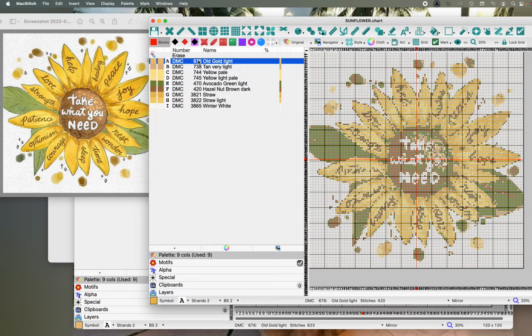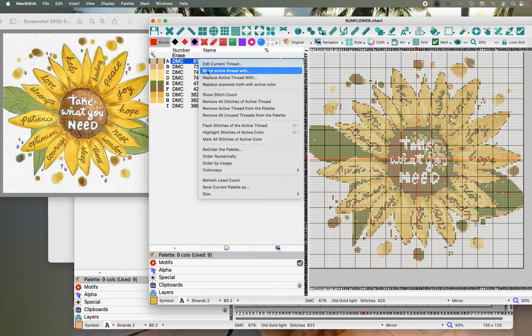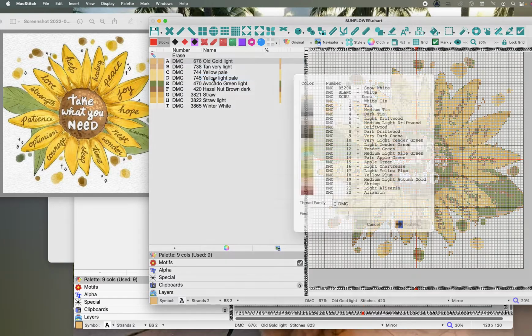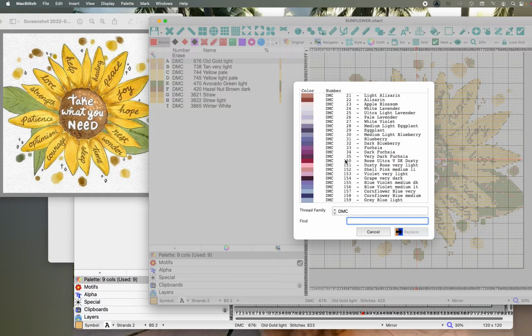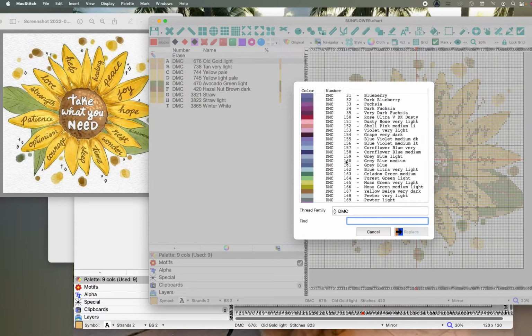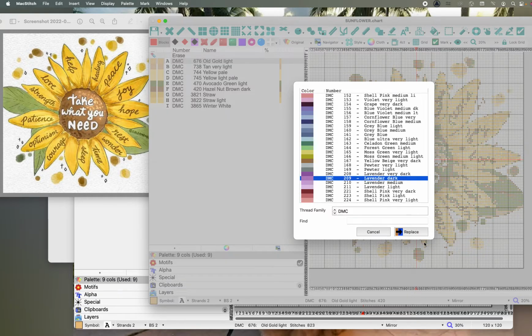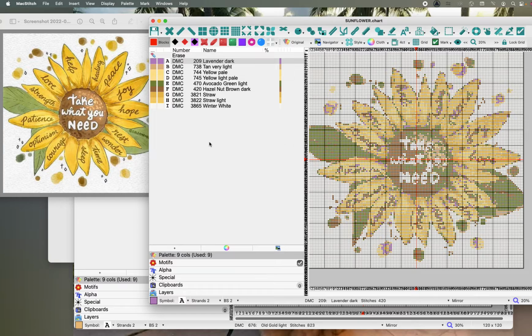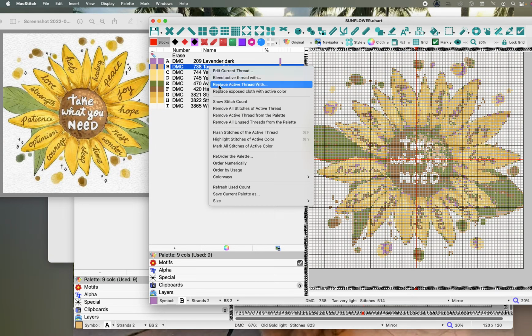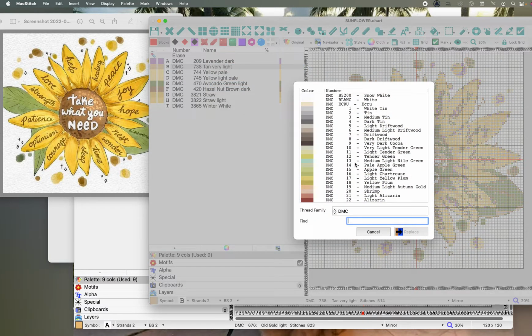Then I will pick a really crazy color that'll stand out, that's not even in this palette. Sometimes I'll use red, sometimes I'll use purple. Lavender is a real favorite of mine because I can actually see it stand out. And so what I'll do is I'm going to replace all these